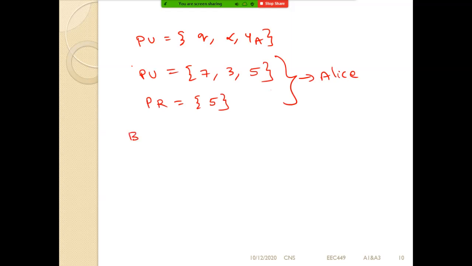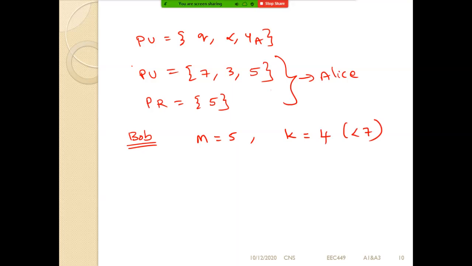Now Bob's side, how is he going to encrypt the message? So M is equal to 5. And we should assume a random integer k, which must be less than q. So can you tell me any number which must be less than 7? That is our wish. I am assuming 4. He can assume 2. Another fellow can assume 5. No problem. All of you clear?